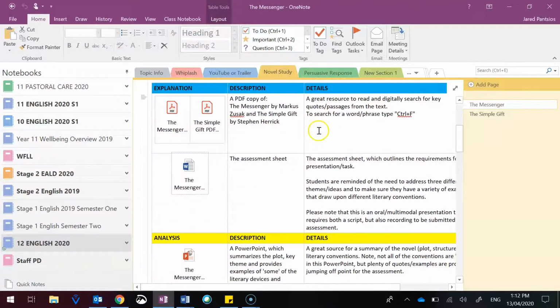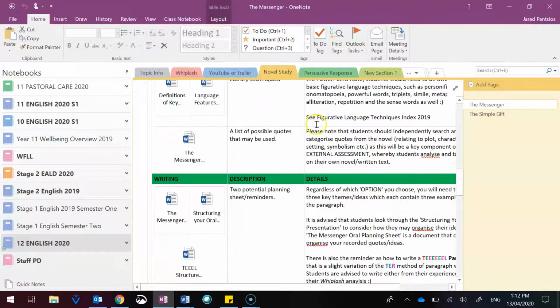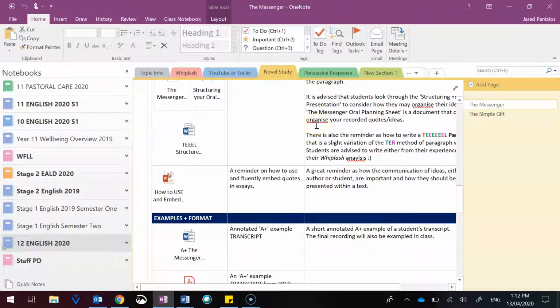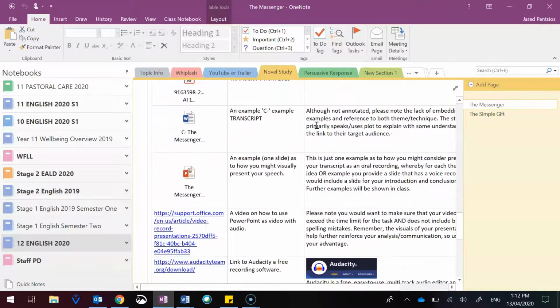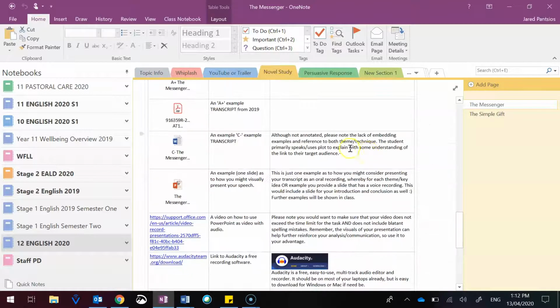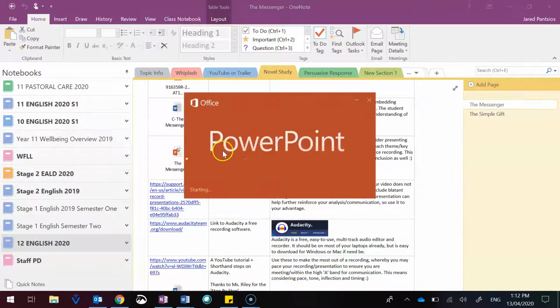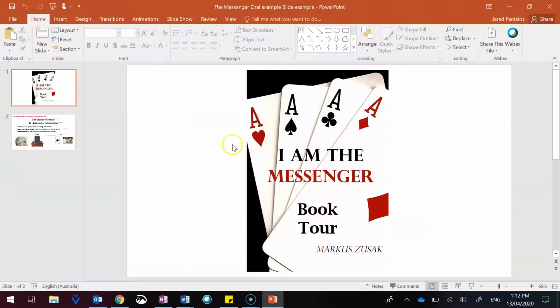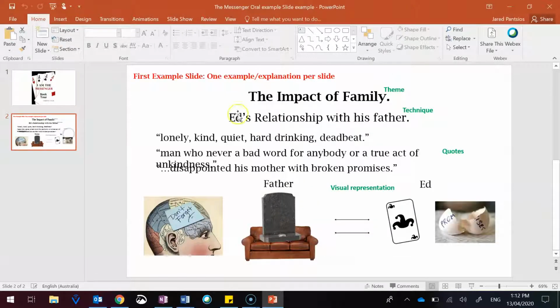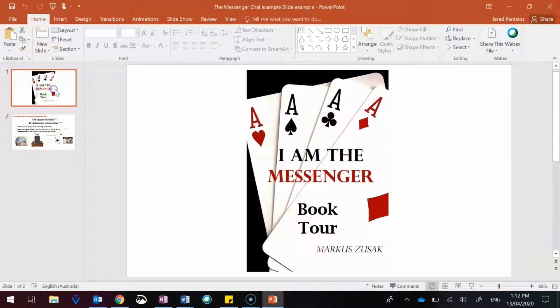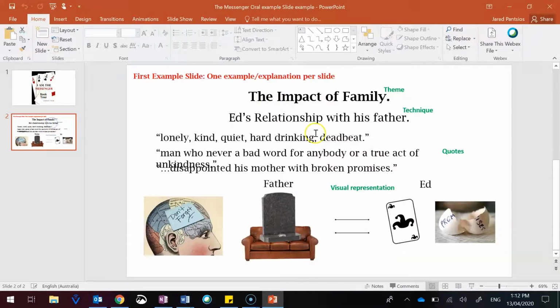As an oral presentation, it is now your job to record your oral in a way that is properly formatted and able to be read and viewed by a moderator. For this, whether it be the Simple Gift or the Messenger, you will find an example of how you might do this using some visual assistance as well, which can actually help further support your analysis so long as it is done properly, where you would use a PowerPoint for an introduction slide and each of your themes, or as